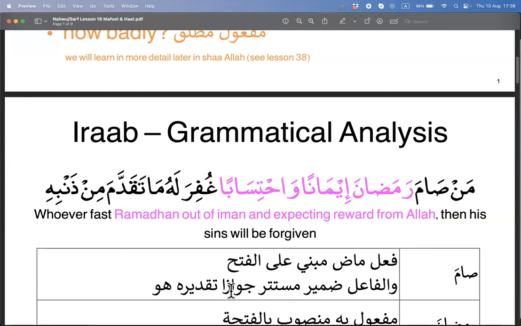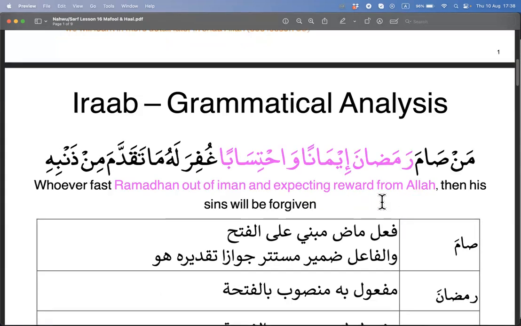In fi'il madi, we only see jawazan because it's huwa and hiya only. But later on in mudhari, you will see the wujuban. And then Ramadan, this is maf'ul bihi, whoever fasts. Basically here it's saying the days of Ramadan. Whoever fasts Ramadan,